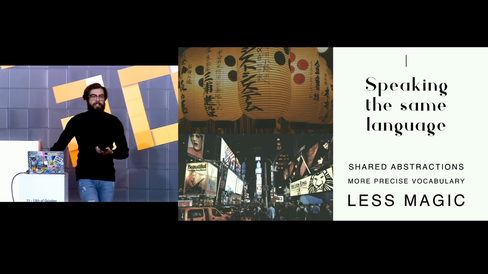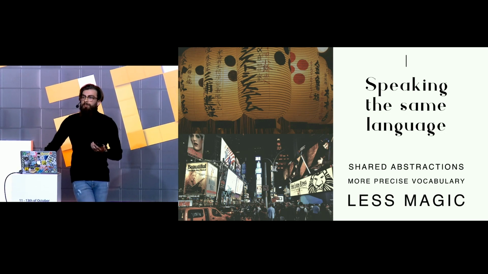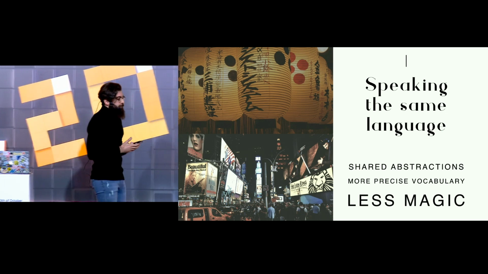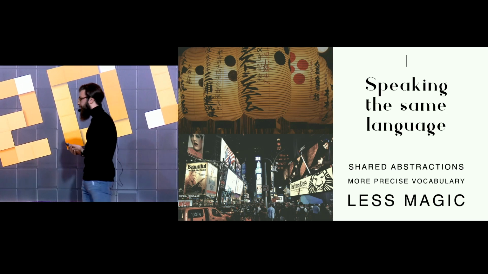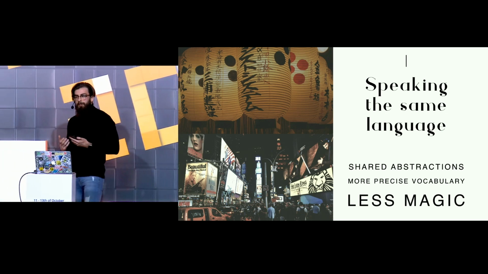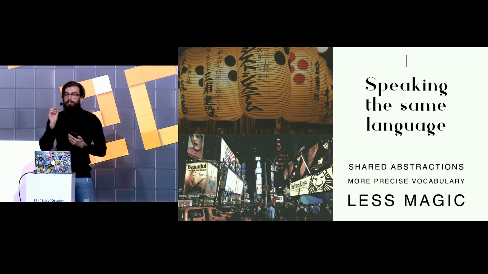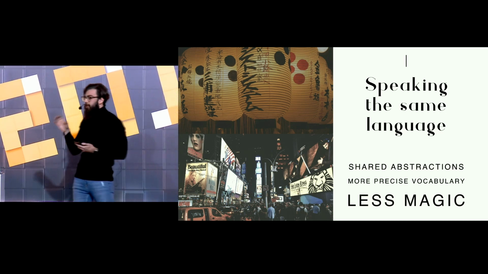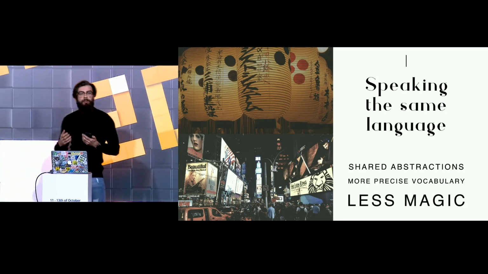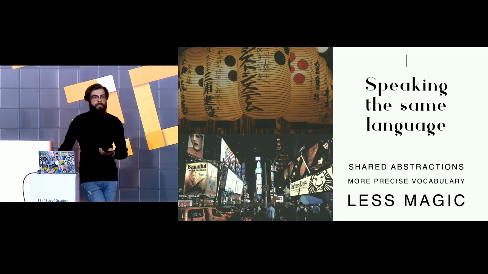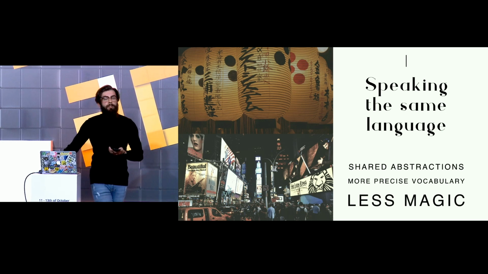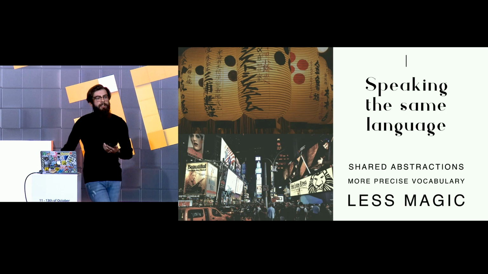It's all about having shared abstractions, having more precise vocabulary to describe what you're going to do, and therefore making things less magic. And this is a big problem I have with IDEs, because you have so many magic buttons that do so much, that when something goes wrong, the output you get, which is usually something that was just taken out from a terminal, you don't know what to do because you're not used to that kind of language. You're not used to that kind of abstraction because you don't know what's happening behind the hood. When you use CLIs, you're aware of that, and therefore you know how to fix, you know what's happening.